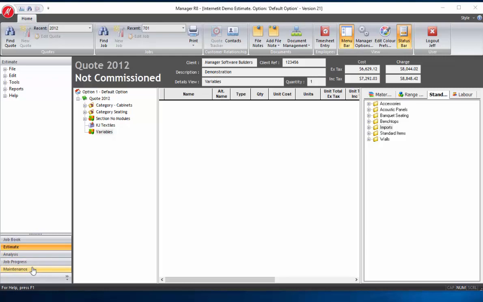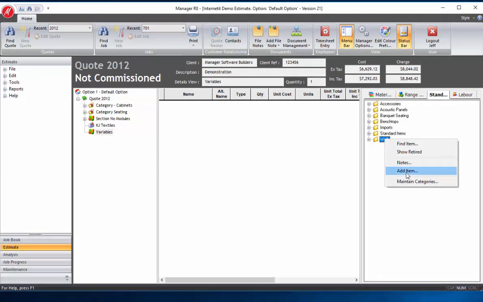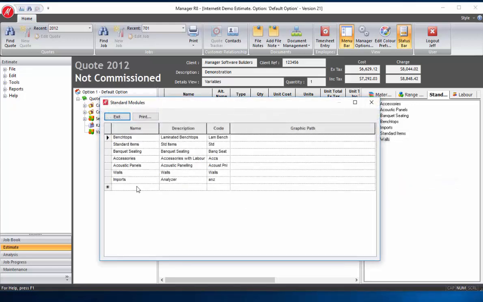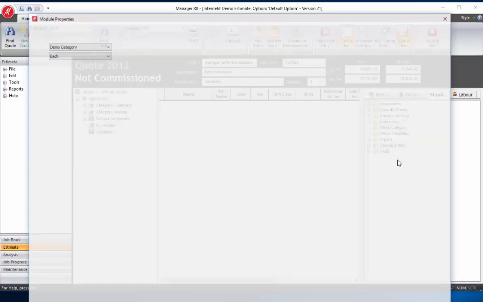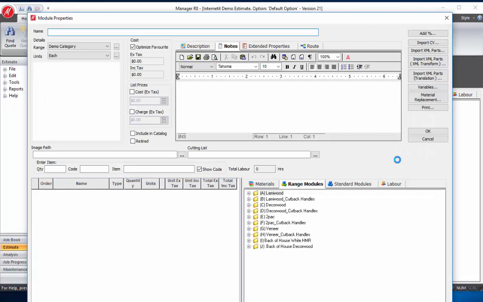This session covers adding new categories to the module area and then also showing how to use the variables that are available in Manager. We've set up one for templates and another one for the cabinets we're going to use. So initially we'll set up one standard template item,